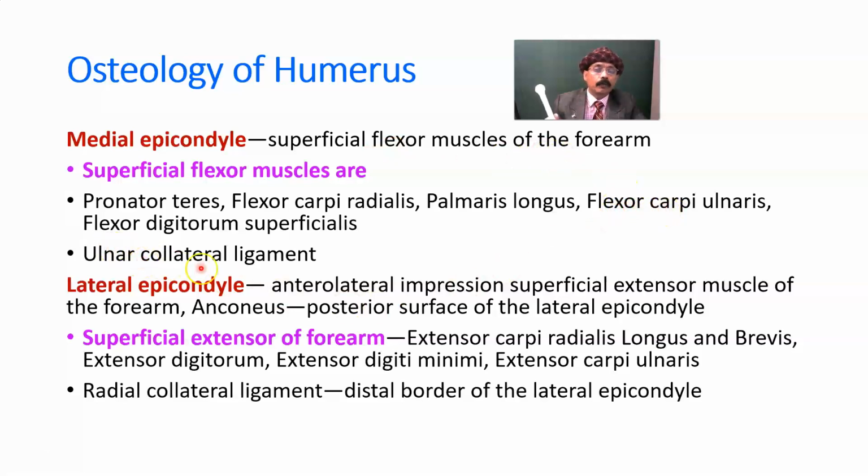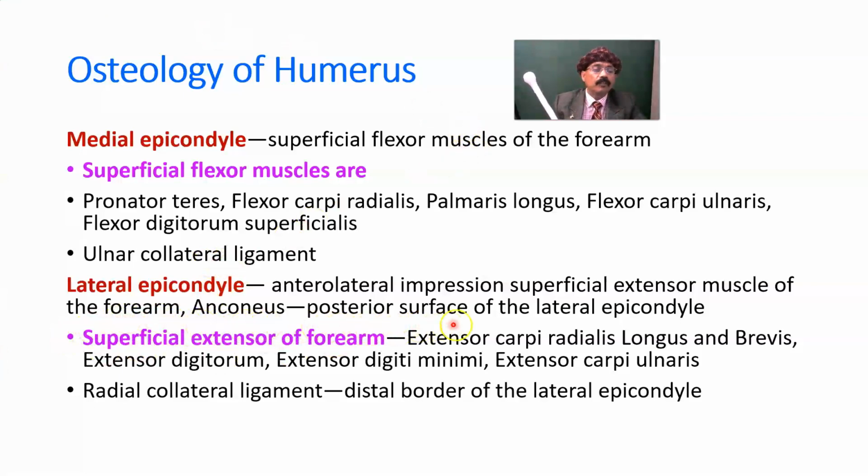Okay. We have ulnar collateral ligament medially, lateral epicondyle with the radial collateral ligament or lateral collateral ligament. Ulnar collateral ligament is attaching to the lower part of the medial epicondyle, going to the coronoid process, the olecranon process of the ulna, and that is triangular. Okay, and the lateral collateral ligament or radial collateral ligament from the lateral epicondyle of the humerus going to the annular ligament of the radius. Okay,